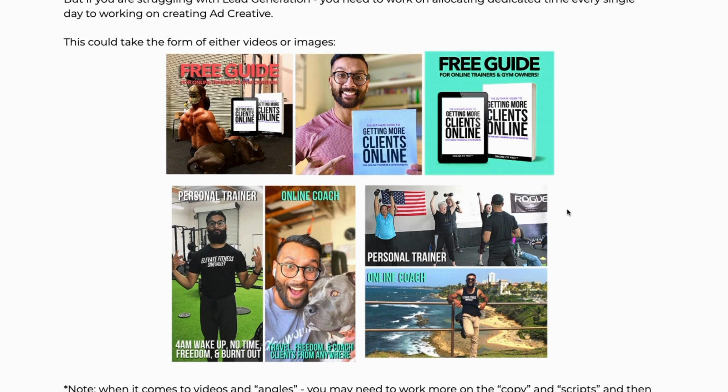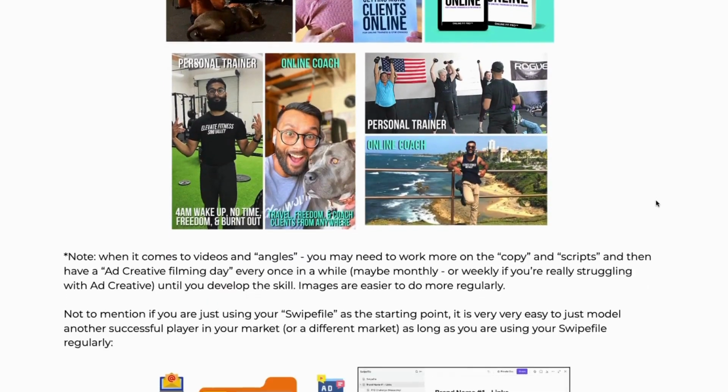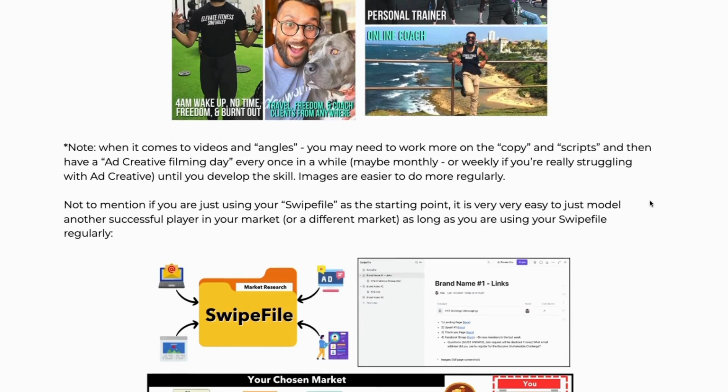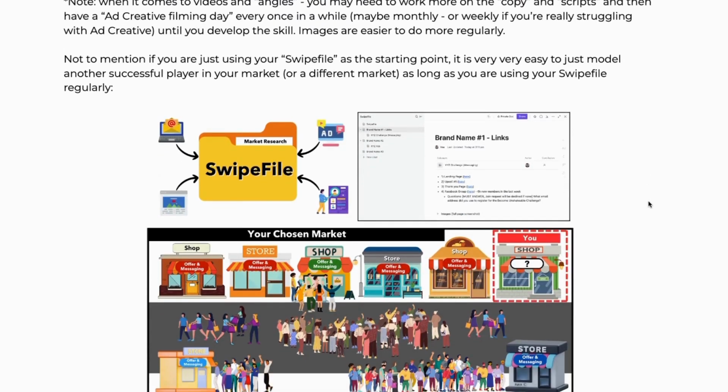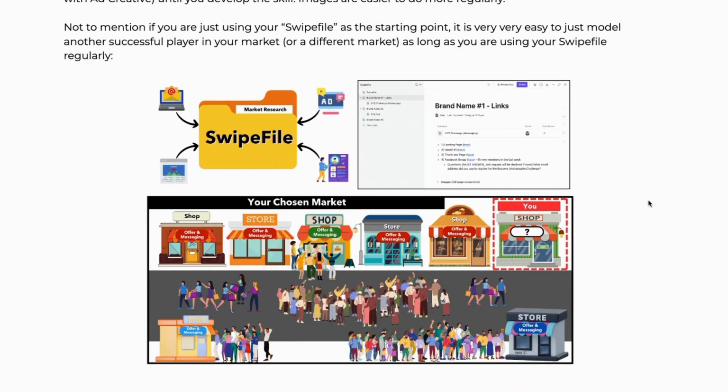It depends on what your output is going to be, depending on your resources. Down the road, there are even resources that we can introduce to you in terms of team members. It's very easy to have freelancers at a very affordable rate to handle a lot of that editing for you. All you've got to do is record the script and then take it from there, right? And not to mention being able to use your swipe file to model other successful players in the marketplace. It makes it extremely easy for you to crank out that consistent ad work